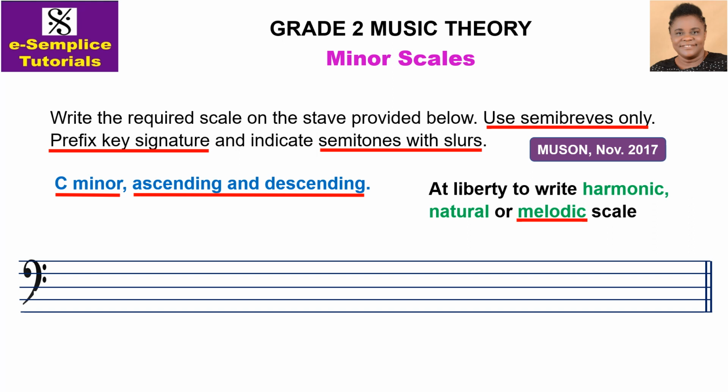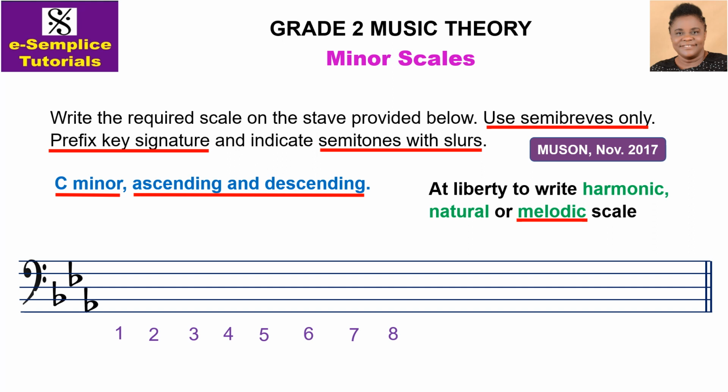Now we are to prefix key signature, so that's where we are starting from. The key signature of C minor is B flat, E flat and A flat. And our scale, remember you are writing an ascending and descending scale, so spread your notes on the stave neatly. So we are starting from C, and I prefer to start from this C position, the second space of the bass